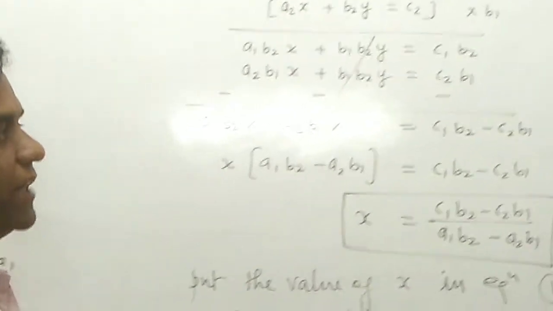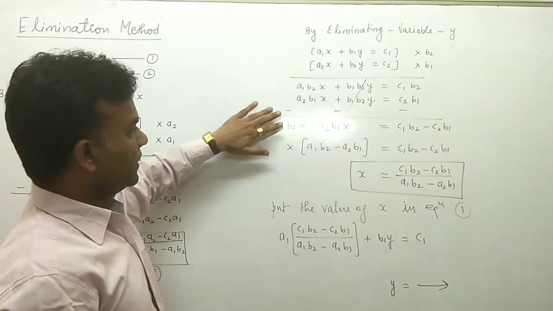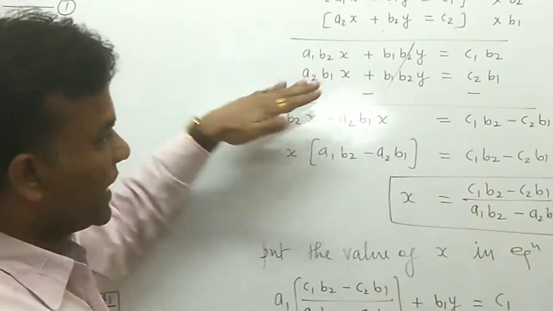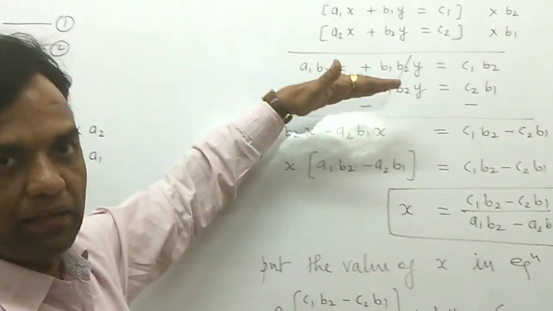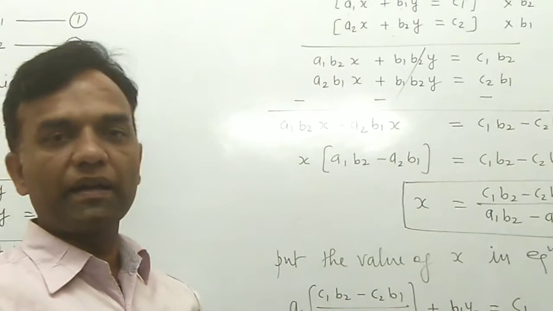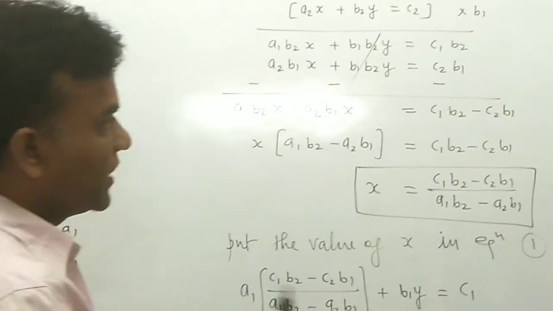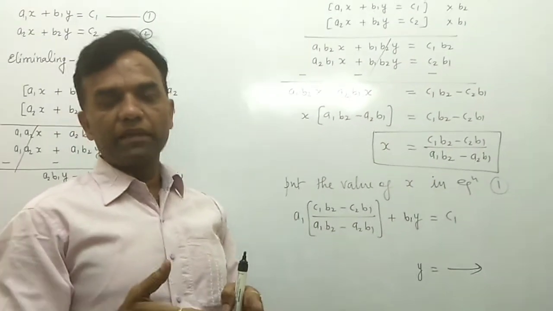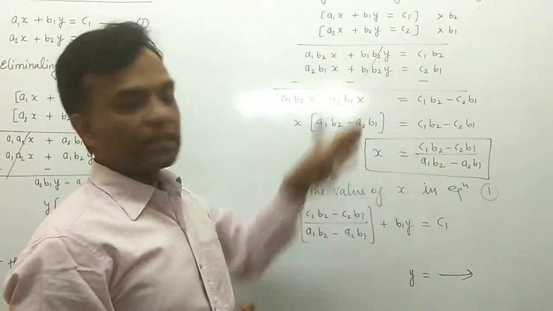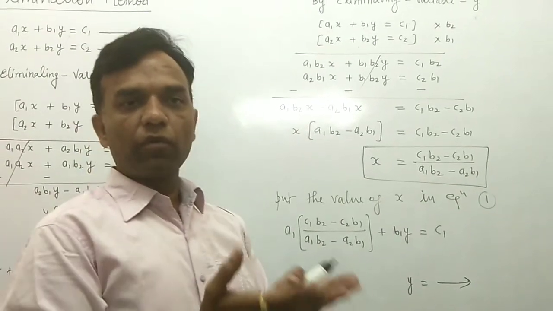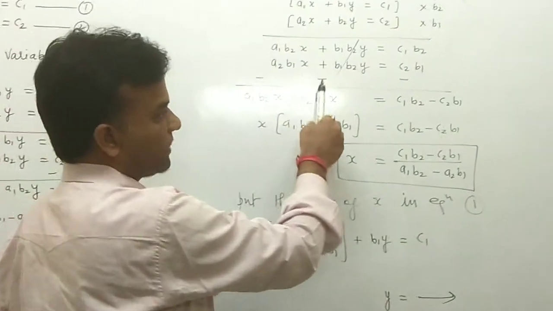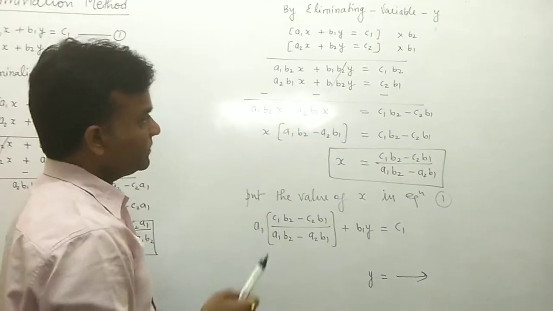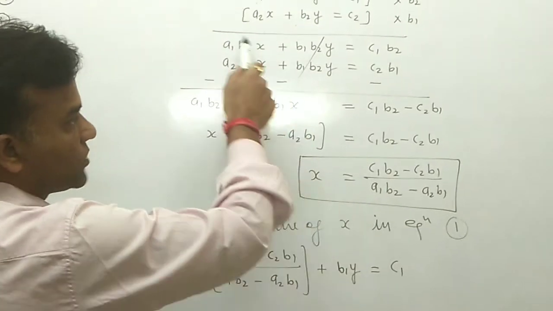The same process again applies: change the sign. This minus sign you change here, and this minus sign too, because again the coefficients are the same and the signs are the same. If the signs are the same, the terms do not eliminate, so change the sign. Here again use the same concept: if you are eliminating y and the y terms have the same sign, you change the sign of the whole equation. So minus sign changes to plus. Okay, y is cut here, so x is remaining.